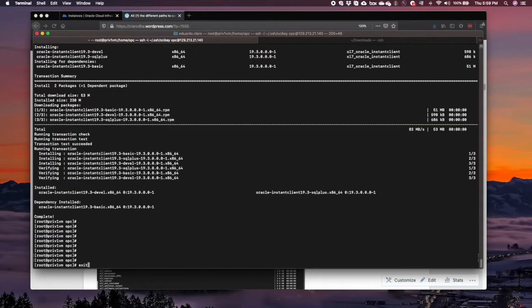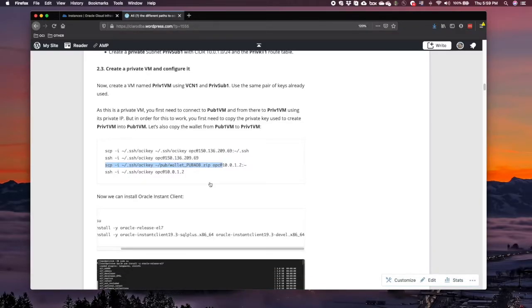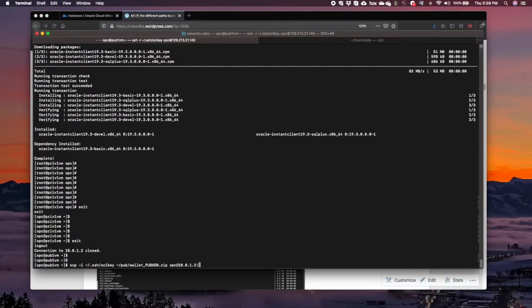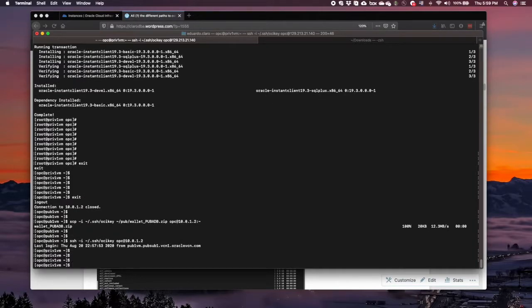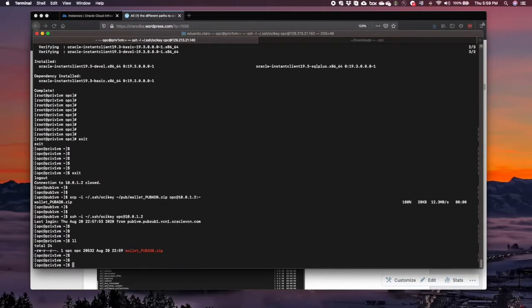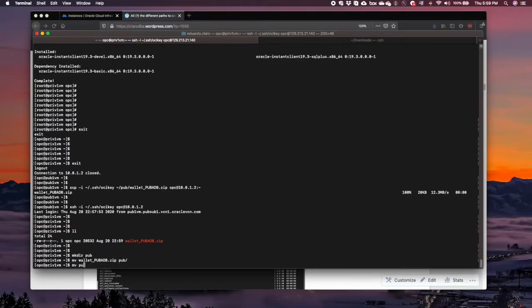Okay, finished. Let me exit and come back to my pub VM, and then I can copy the wallet that was already there into my private VM in the home folder as well. Then I can SSH to the private VM again. I have the wallet. I'm gonna do the same. Make dir pub, move the wallet into the pub folder,